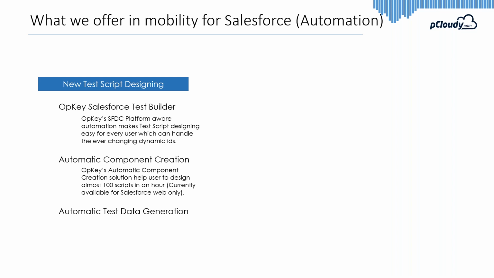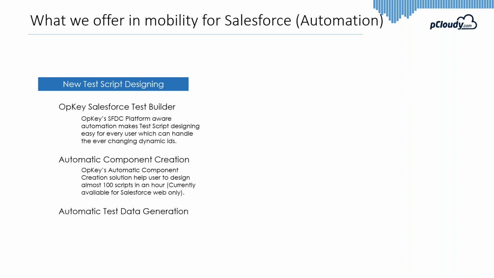So for Salesforce, in the case of a Salesforce web application, it can automatically create the components, and these are reusable components. Let's say logging in to the application, then creating an account or creating an opportunity. All those different components can be automatically created. We just need to provide our Salesforce instance details like the URL, the username and the password, and it can create those components automatically. Currently this is available for the Salesforce web version,